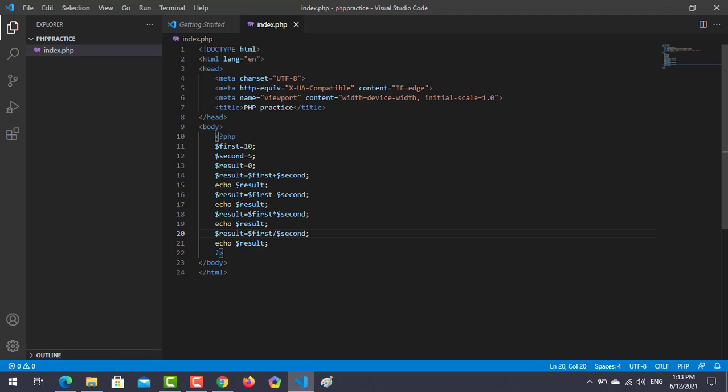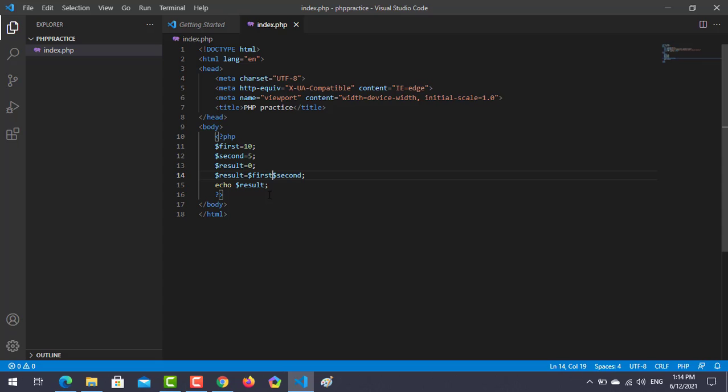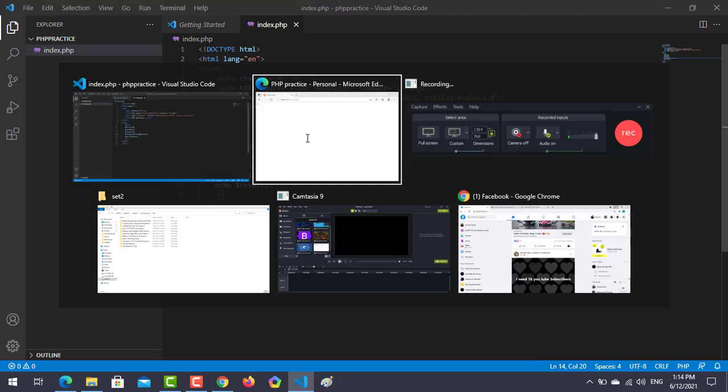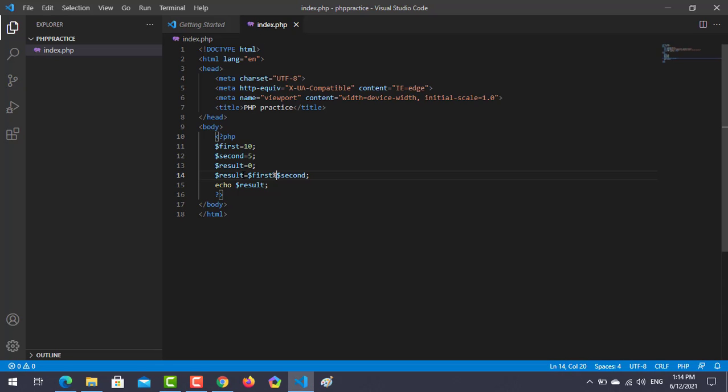So as you can see, for ease of access and for running we have to move these. Okay, so as you can see, if we subtract, then it returns a 5. If we multiply it, then it will give us 50, and if we divide, 2. And there is also an operator named modulus. It will return the remainder, so it will return 0 because 5 into 2 is 10, and as a remainder we got 0.